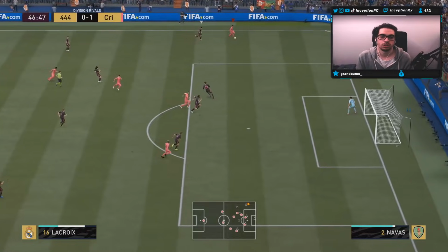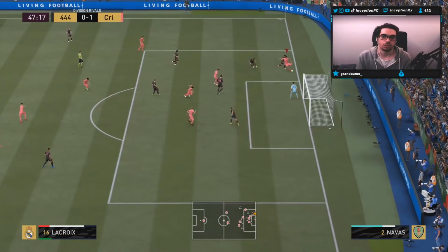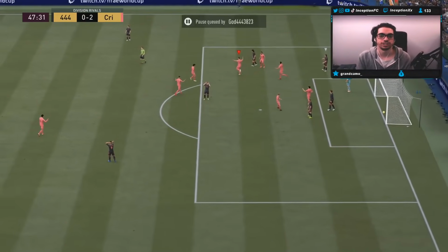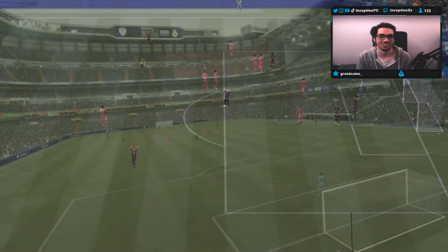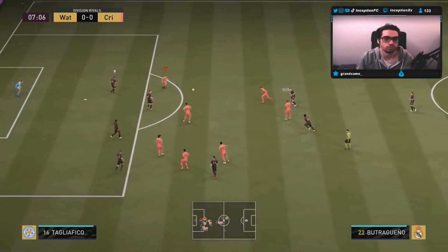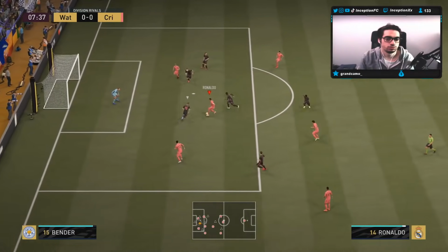Well, it's a poor tackle. Is it going to be? Oh, wow. And he scored. I just ran the entire way with Lacroix because he wasn't playing, so I was like, you know what, let's just see what he's going to do here. He actually ended up scoring from it. Alaba failed to hold it. Joao Cancelo. Can they forge